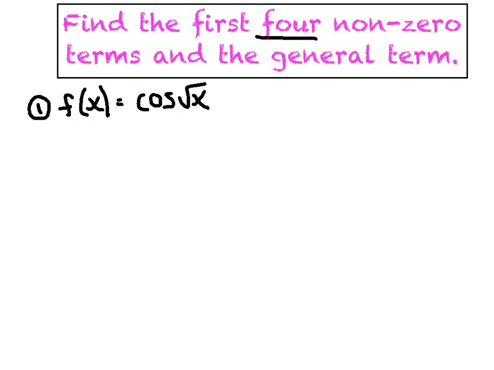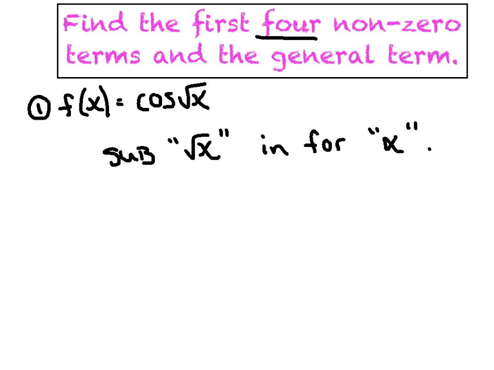Now I want you just to imagine for a sense that you were going to take, if you needed 4 terms, we're probably going to have to take 8 derivatives or so, but the derivatives would get insanely nasty because you'd be taking the derivative of the inner function over and over again, and these derivatives would not, I repeat, not be fun, easy, or quick. But what we are going to rely on is the fact that we're going to end up substituting a radical x in for every x that we saw in the original one that we just built earlier in